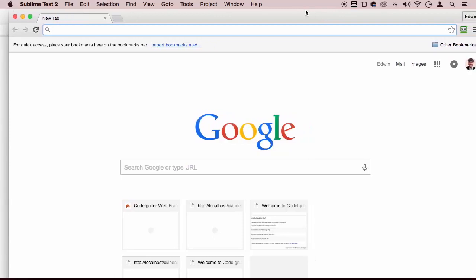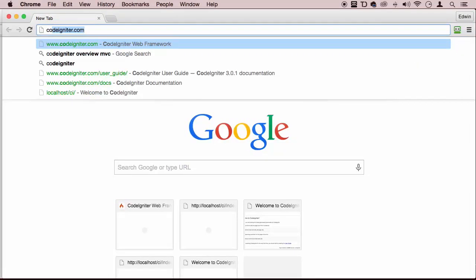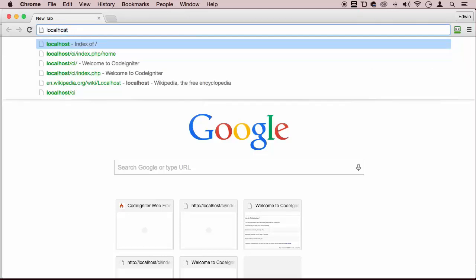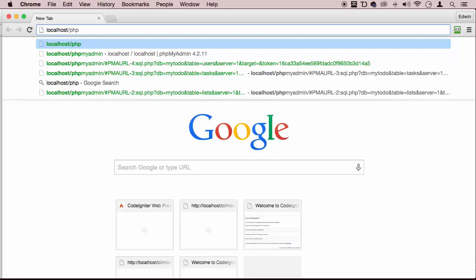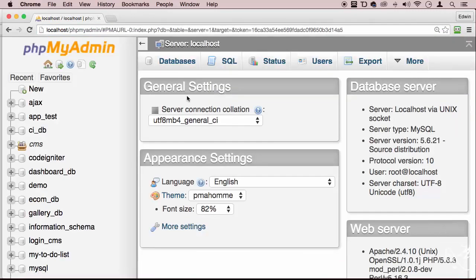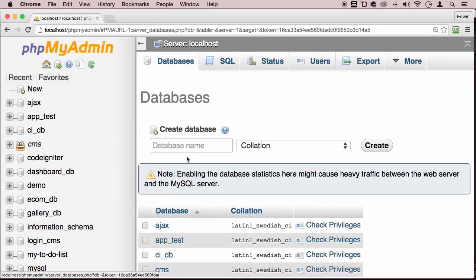All right. So let's go ahead and say, you know what? Not CodeIgniter, but localhost, and then phpMyAdmin. Let's go to localhost and then phpMyAdmin. Let's create a database for this. So let's say databases, and what are we going to be actually naming this database? Let's call it